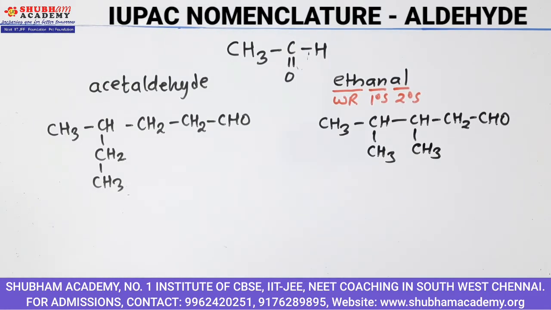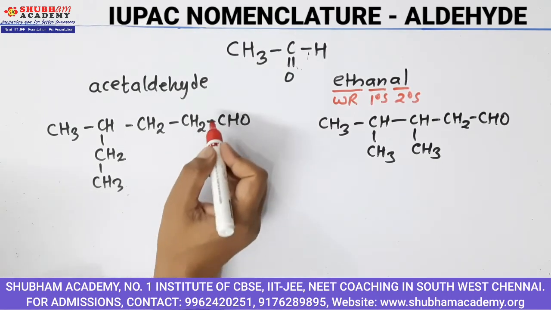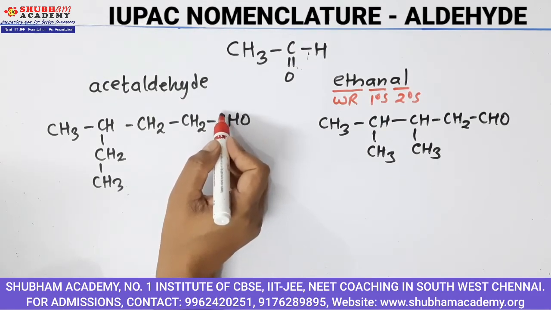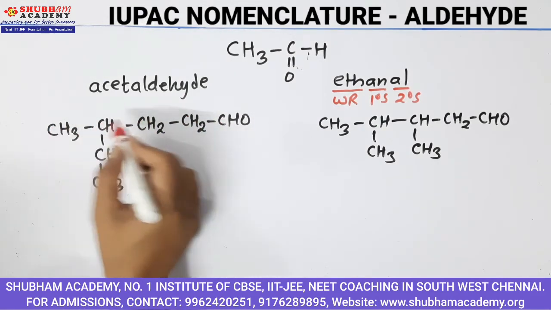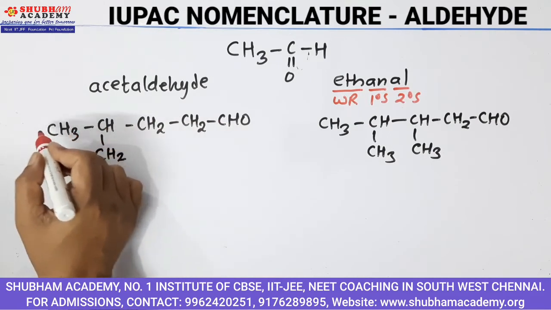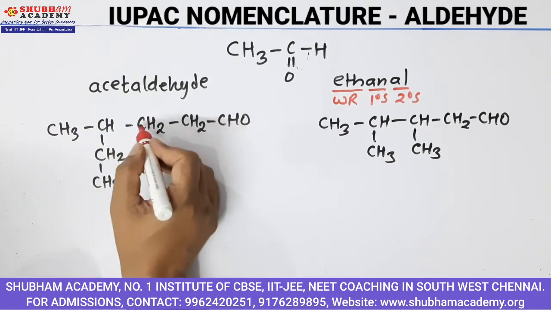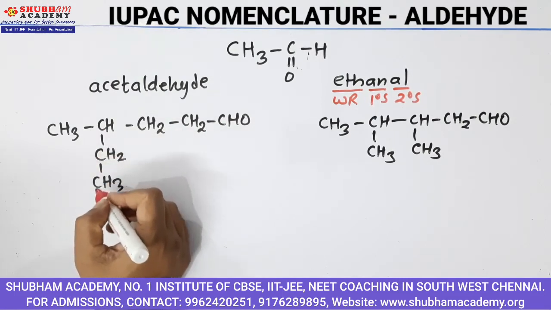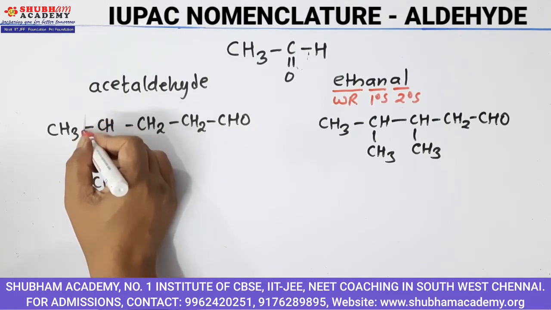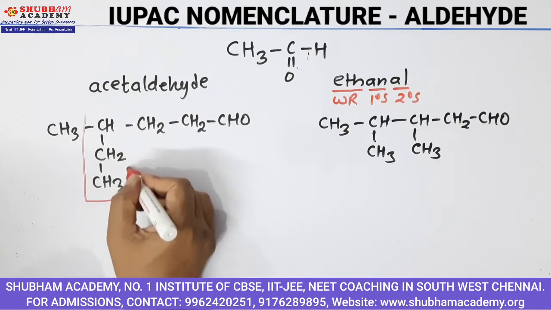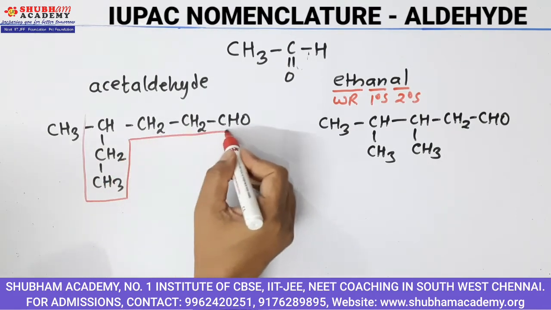Okay, so these are the examples. If you see the first one, you have to select the longest chain. So the longest chain can be 1, 2, 3, 4, 5. If I am going this way, then I have 5 carbon atoms in the parent chain. If I am coming like this, 1, 2, 3, 4, 5, 6, here 6 carbon atoms. So I will take this one as my longest chain,